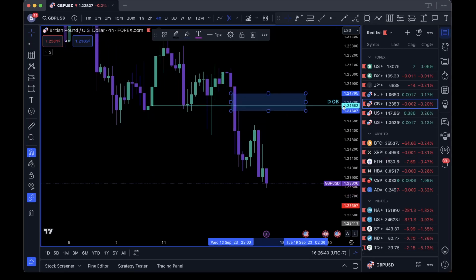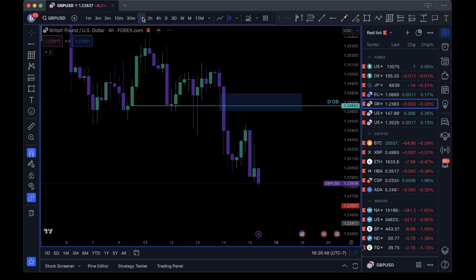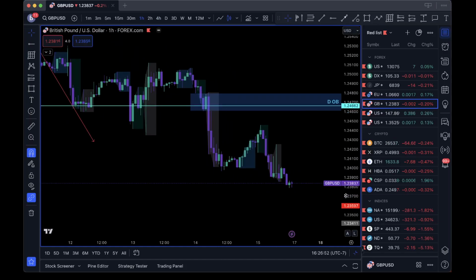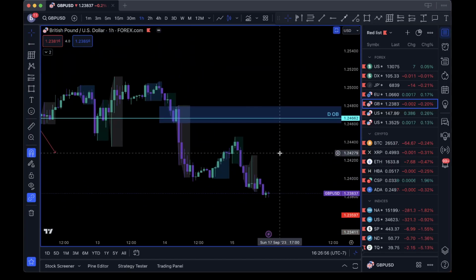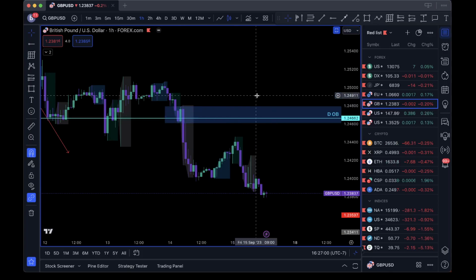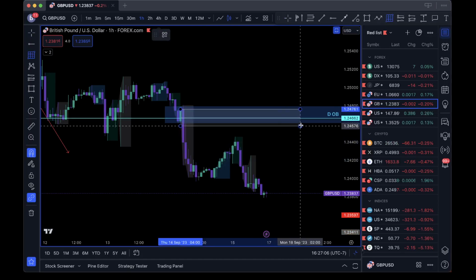That's not going to be the first place I look, but I do kind of like that as a level. So if price doesn't somehow make its way up there, let's go down to the 1 hour real quick. What do we have going on in the 1 hour? Oh man. Okay. Inside that 4-hour fair value gap, we also have this 1 hour order block. There's a little argument happening here. I like what's happening here.